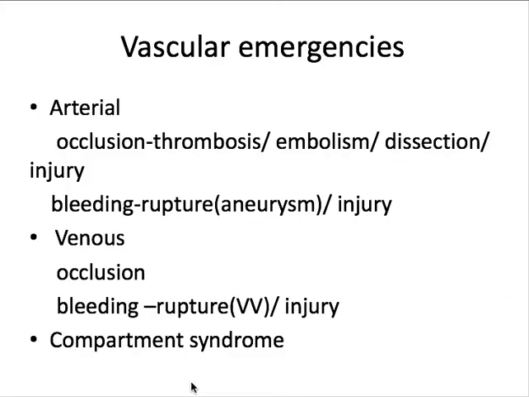So, when you think in a broad manner, vascular emergencies could be arterial or venous, and also there's a special category where your arteries and veins are not the primary problem, but there's what is called compartment syndrome, which we will discuss later. But looking at the problems an artery can face as an emergency, of course, it's two. It's a structure which takes blood down, so it can get occluded or it can get breached and start bleeding.